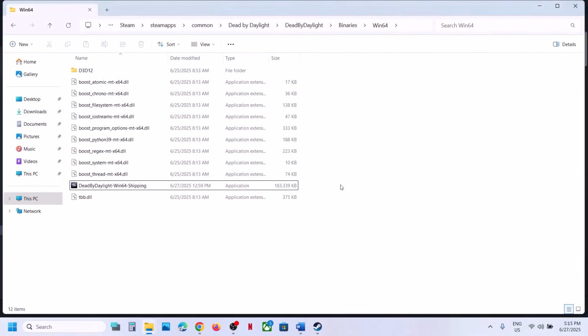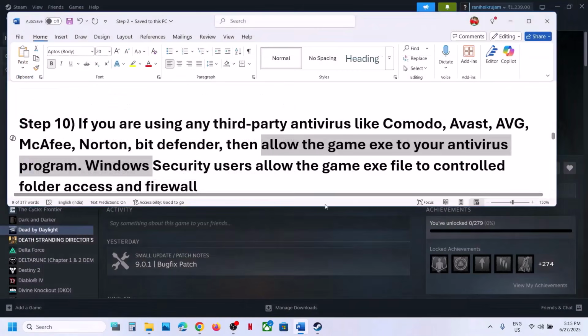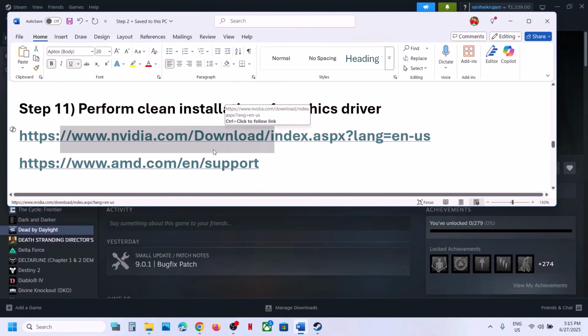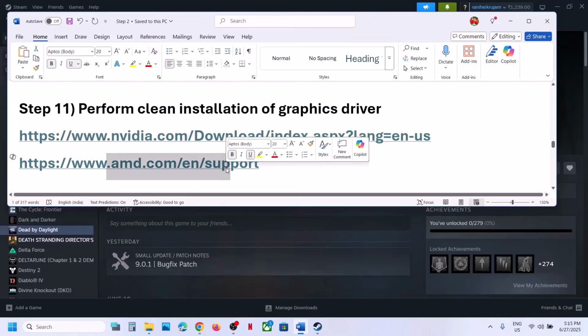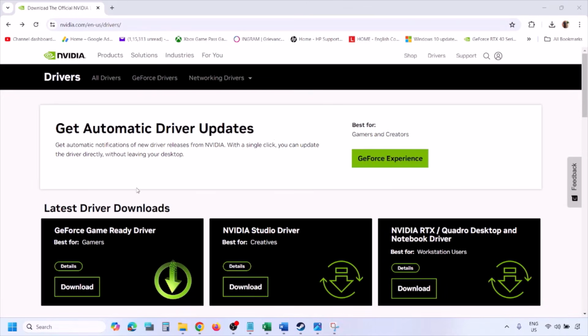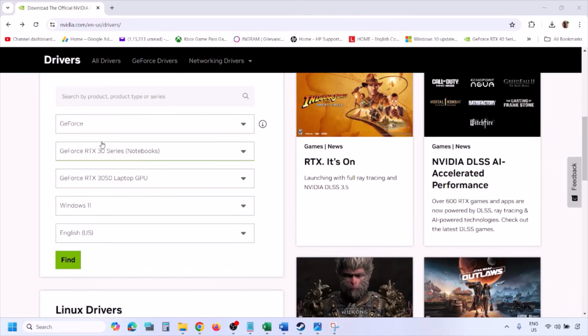Still not working. The next step is to perform a clean installation of your graphics driver. This is important. So if you have NVIDIA card, go to NVIDIA website. If you have AMD card, go to AMD website. I'm showing for NVIDIA. So to perform a clean installation, go to NVIDIA website and then select your graphic card